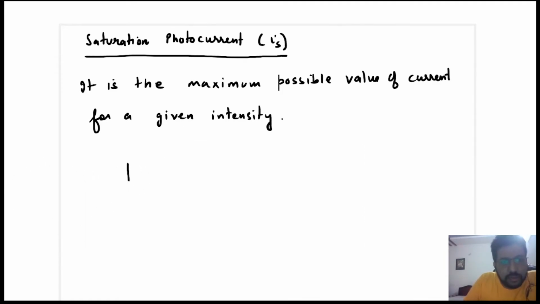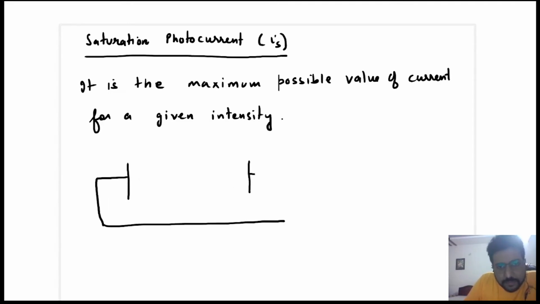So suppose you have this photoelectric circuit, and this is the emitter plate, the photosensitive material, and light is falling. When light is falling, electrons are getting ejected. But suppose light is falling at some rate and electrons are ejecting at some rate, and electrons are flowing at some different rate.